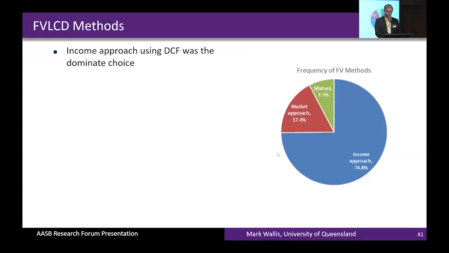Now, we also collected, within the firms that used fair value less cost of disposal, what fair value method they used. So these are based on the methods that are mentioned in AASB 13. You can see that the income approach is by far the most common. So that is interesting because it's not all that different from a value in use calculation, if you think of it. Both involve basically DCF, forecasting future cash flows and discounting them back to present value. So this strong preference for the income approach with fair value made me wonder what's the difference between using fair value with the income approach and value in use.